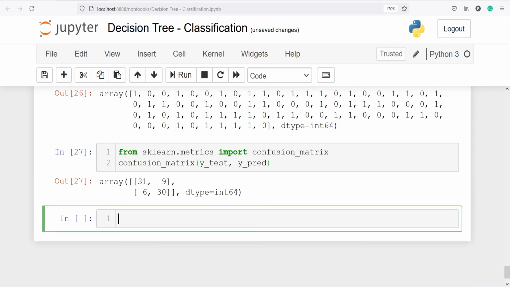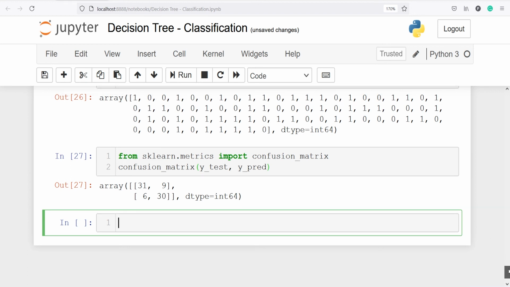Let's execute our code. So we got the confusion matrix for our y_test and y_pred, and all the values in the diagonals, that is 31 and 30, are the correctly classified, and the off diagonal, that is 9 and 6, are the wrongly classified samples for our X test.